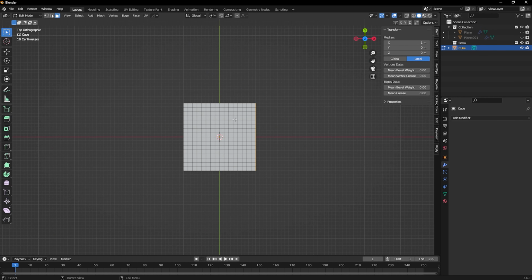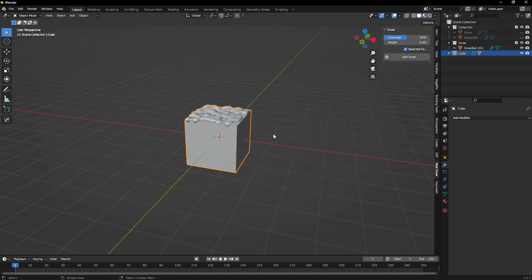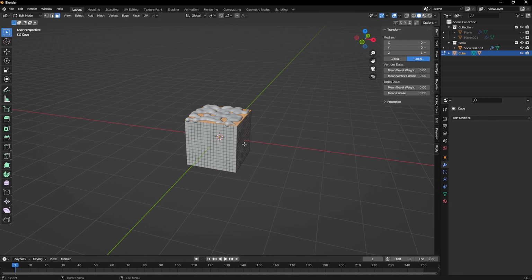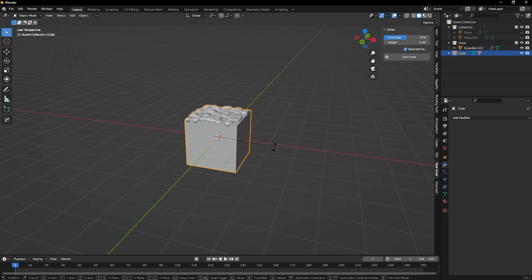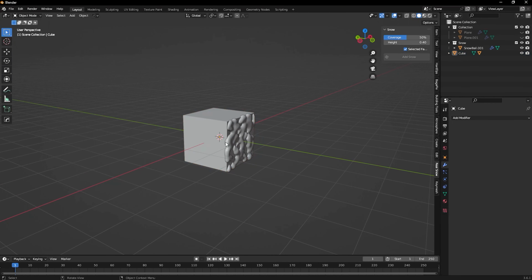But let's try this face over here. You can see right now that with just one click we have added some snow to our cube, and you can already see that we can't add snow to the side faces, but what you can do is just rotate this one 90 degrees, something like that, and now you have snow on the side that you